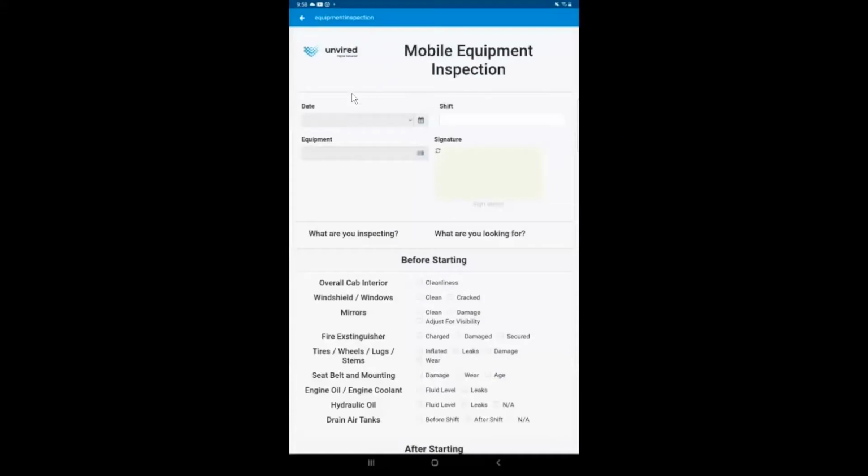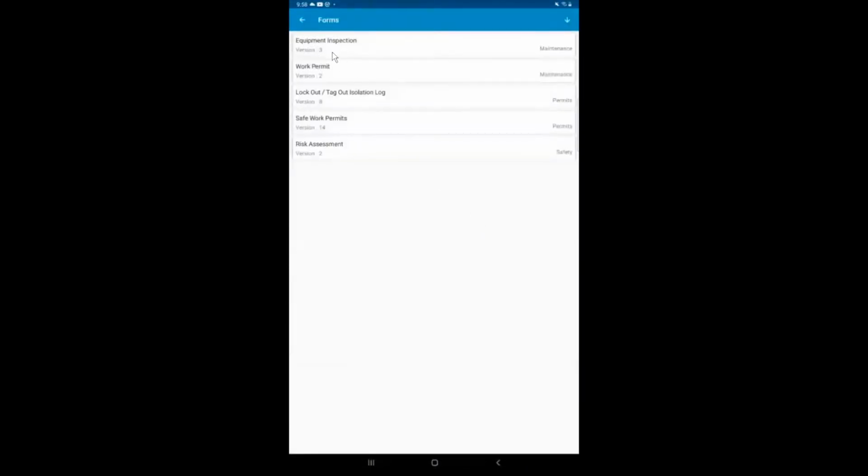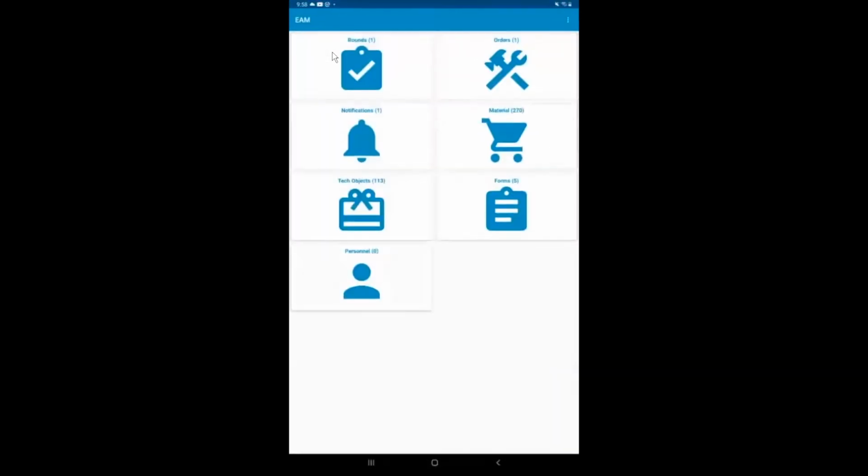Yes. So this update was done, and the changes that we made in the portal are available on the device. And we have version 3, right? That's how simple it is for you to evolve these forms, iterate them, and then publish them to the field very easily. And as far as the other functionality in this EAM solution is concerned, you can also do